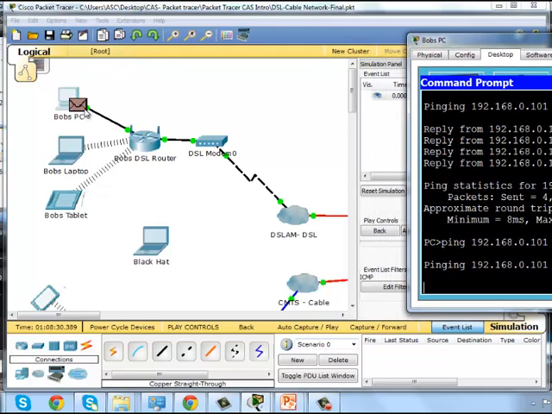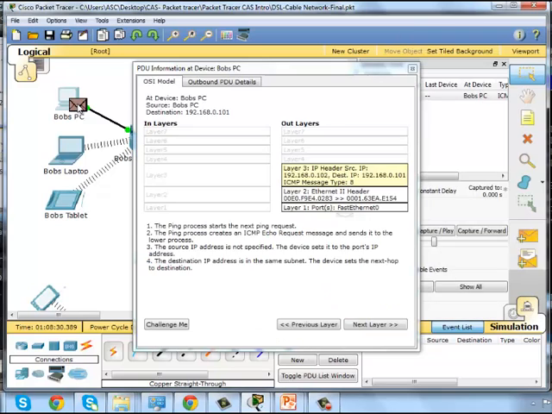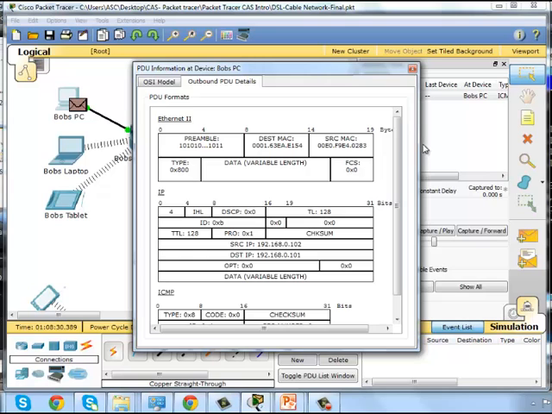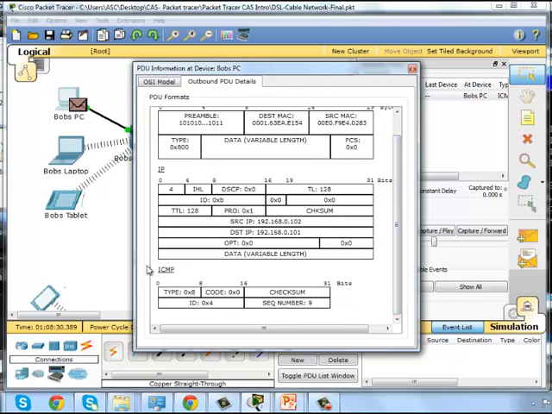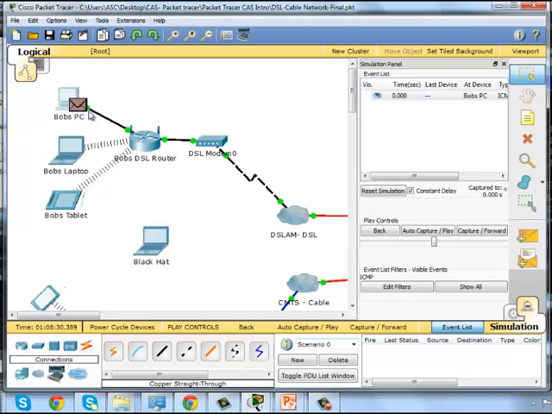We can now see the ping packet up here. I can click on this packet. I can look at IP addresses. I can see that it's coming from me with a source address of 102 and it's destined for 101. That's Bob's laptop coming from Bob's PC. And if I delve into the packet a bit more, I can see it's an ICMP packet, which we know is a ping. And then we can start to run this simulation by clicking this button here, capture forward,